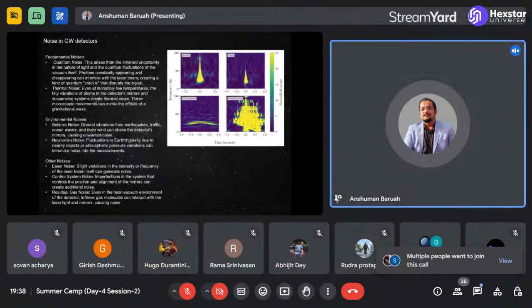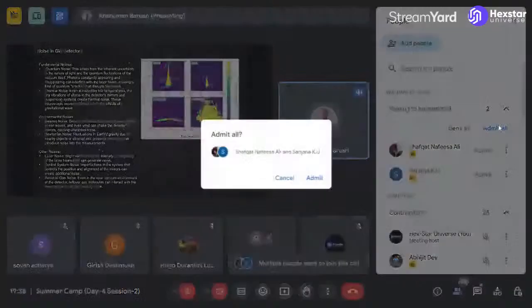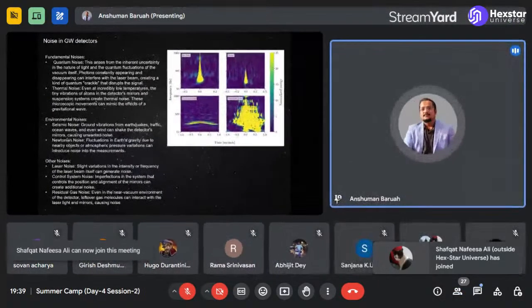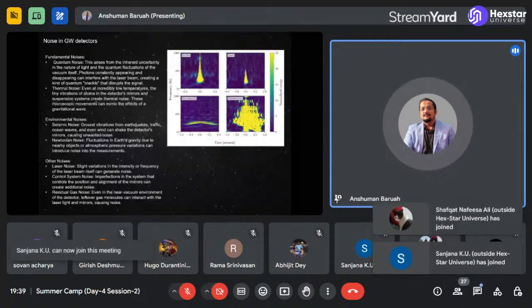By the way, if you don't understand what a spectrogram is, a spectrogram is a plot, or a graph, that shows you a collection of frequencies and how these frequencies are changing over time. This kind of spectrogram is not only used in gravitational wave detectors, it is crucial for different fields of science. But in gravitational wave physics, it is one of the most important methods using which we can identify proper